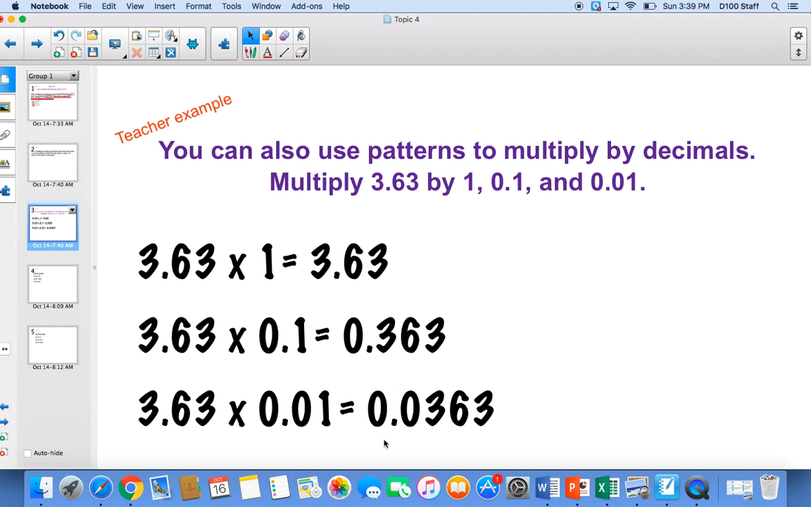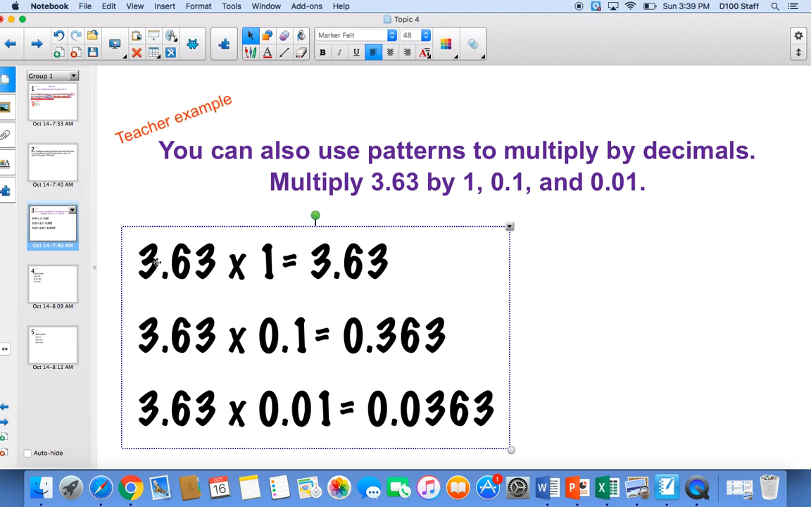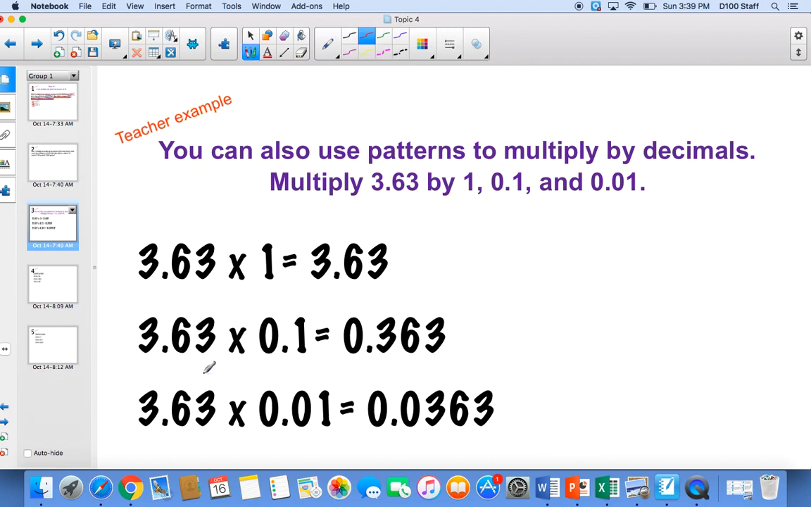And here we can kind of see the pattern. So we have 3 63/100 times 1. We know any number times 1 is always going to be the same, so 3 63/100 is our answer. 3 63/100 times 1/10. We take our decimal and we move it over one space to the left. So remember, now that we're multiplying by decimals, our number is going to be smaller, so we have to go to the left. So our new answer,